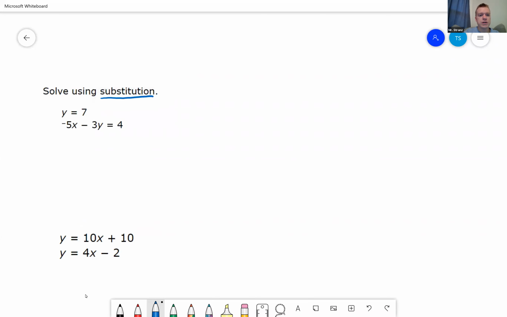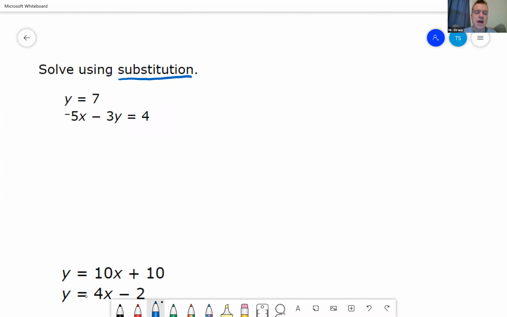see if I can zoom in here. All right, so we got y equals 7, and then we got another equation that's negative 5x minus 3y equals 4. Okay, so it's telling us right here that y equals 7. All we're going to do is substitute the 7 in for y in our second equation. So it's going to become negative 5x minus 3. Here's what I'm substituting, right? I'm taking out that y and I'm putting in 7